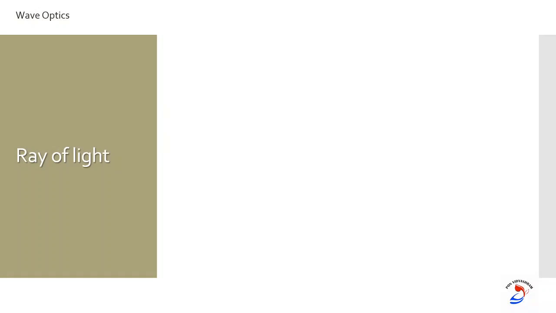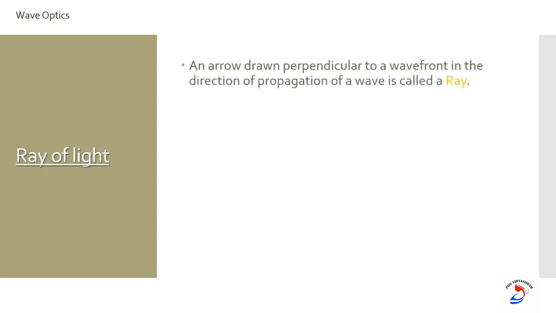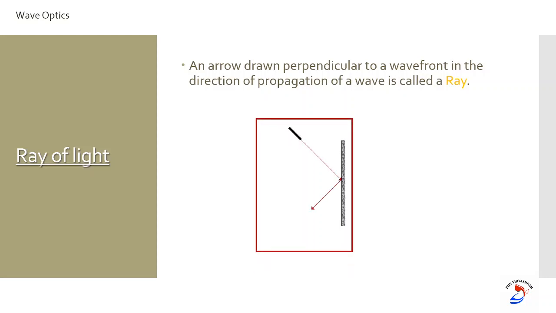Okay, getting into the chapter, ray of light. What's a ray of light? An arrow drawn perpendicular to a wavefront in the direction of propagation of a wave is called a ray. So in all your previous classes, you would have studied that this is how you draw a ray of light,